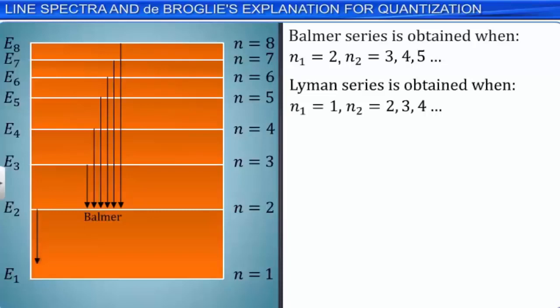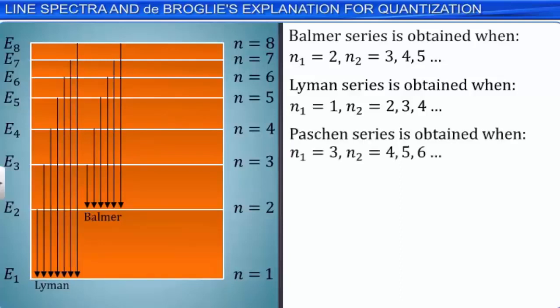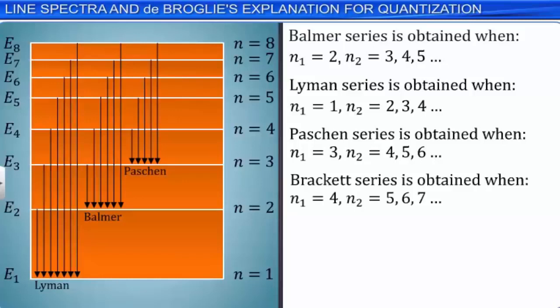When n1 is equal to 3 and n2 is equal to 4, 5, 6 and so on, we get the Paschen series. When n1 is equal to 4 and n2 is equal to 5, 6, 7 and so on, we get the Brackett series. Similarly, when n1 is equal to 5 and n2 is equal to 6, 7, 8 and so on, we get